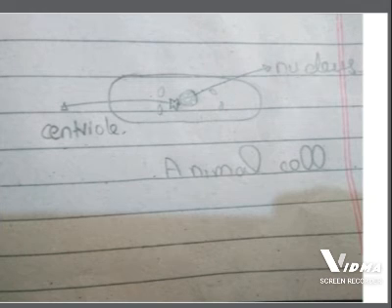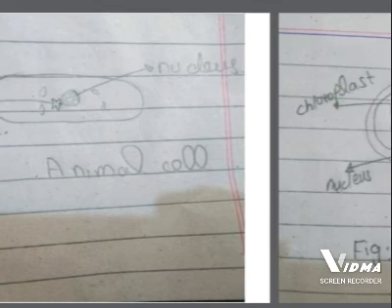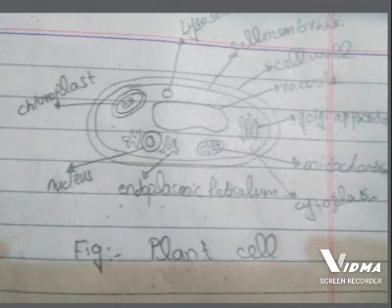This is the cell of animal. This is animal cell, in which we can see a nucleus is present in the middle of the cell. Many small vacuoles are present, and the star-shaped centriole is also present, which helps in cell division. This is the complete diagram of plant cell. One more thing, the other organelles are the same in the animal cell and in plant cell.